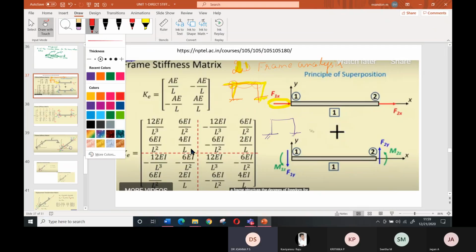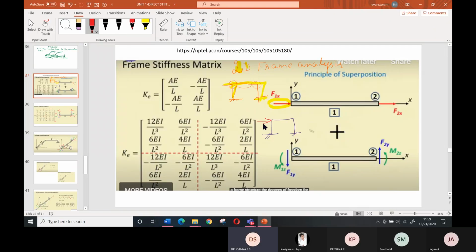So when there is wind moving in the lateral direction, or the earthquake force is coming in this direction, what will happen? It will try to sway. So horizontally it will try to move. So this joint has moved to this joint horizontally. It may move vertically also, it may rotate also. That is possible. So you have to consider the axial forces in the case of a frame, and in the case of a beam this axial effect is not considered.